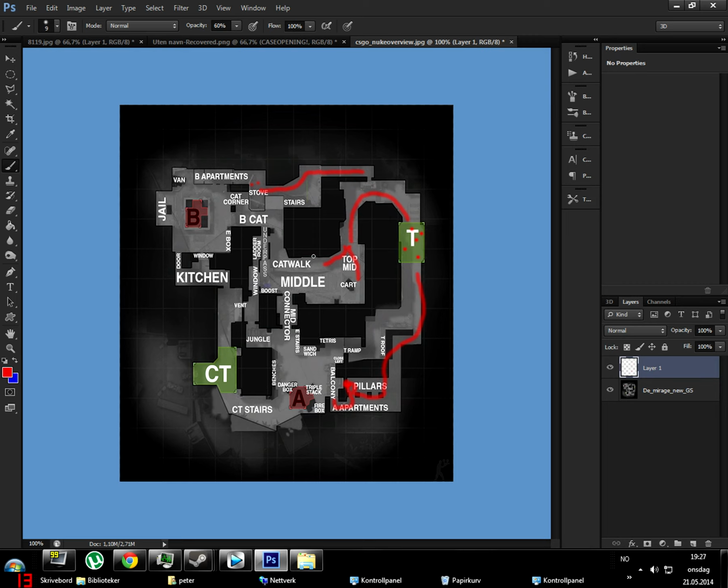This will be great if these guys on mid smoke off connector, because that's a sign of going catwalk or B short up to B. And as they do that, this guy moves out, goes down the ladder, and first peeks everything there is to peek. And when you have done that and that is clear and everything's good, you move down